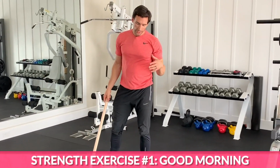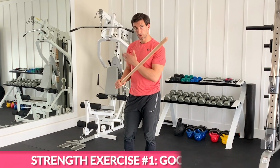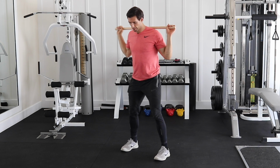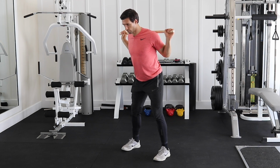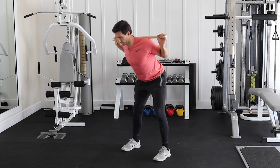Now, this is an incredible strength exercise, and what we're gonna do is we're gonna take a little broomstick, although you can just cross your hands as well, and we're gonna go like this, put it on the back, and we're gonna get around a shoulder width stance, just like this. And now from this motion, the back is contracted nice and strong. We're gonna shift the hips backwards, just like this, stretching those hammies, and we're gonna contract the glutes, come back